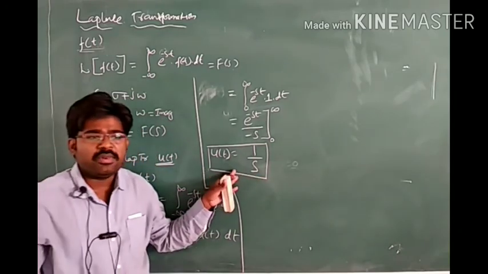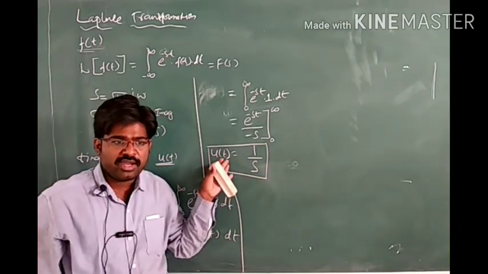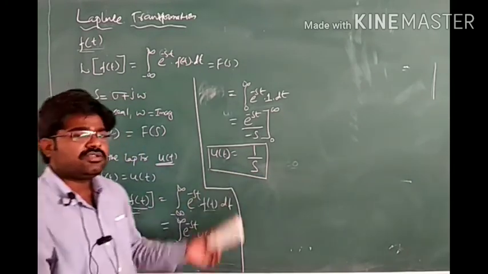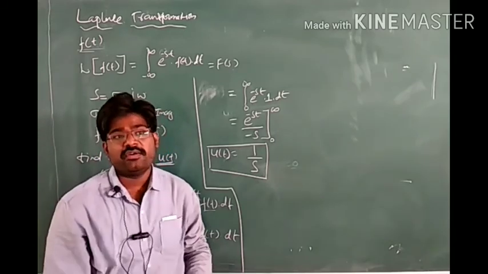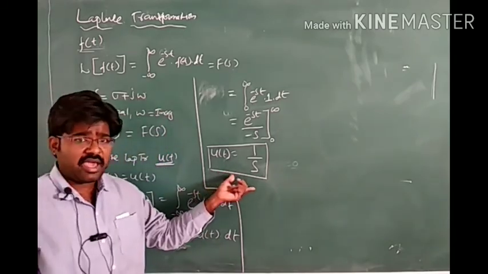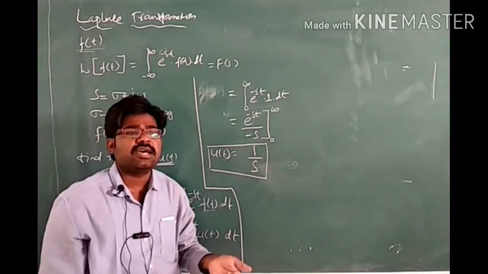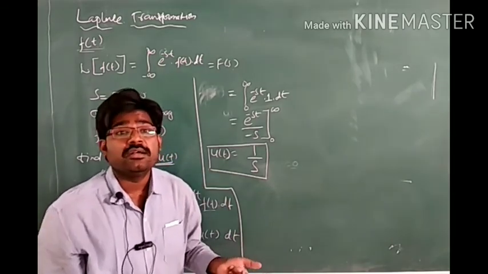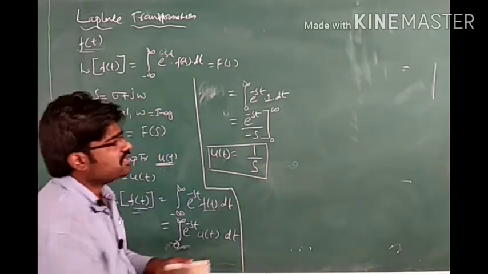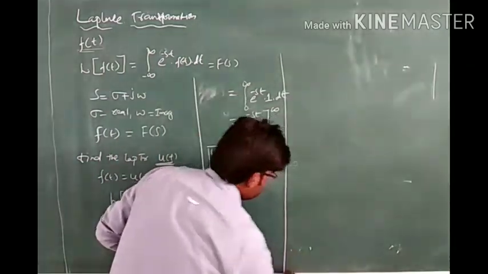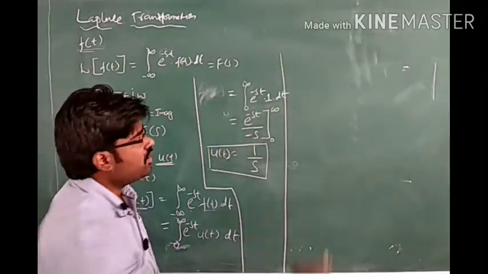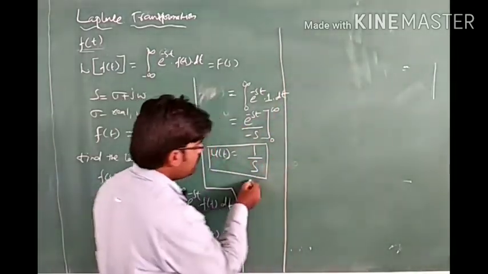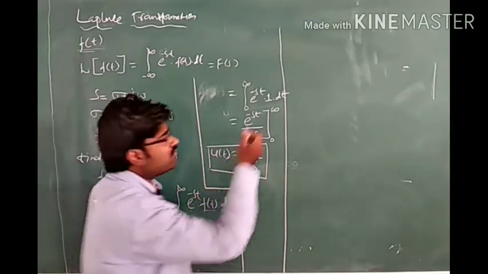In the problems, wherever you come across u of t, its Laplace transformation will be 1 by s. This is how we have to find the Laplace transformations for different functions. This is one example I have given you, since so many signals are there. Those signals and their transformations in the frequency domain we have to remember. There is a small standard table of standard equations that you have to remember throughout the syllabus, which I am writing here. This is one I have shown you as an example. Remaining everything will be like this.